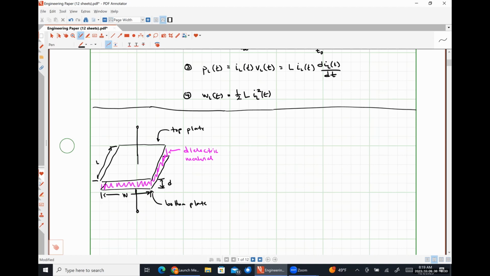So let's talk a little bit about how capacitors work, because this isn't super obvious, okay? This is a circuit element, and so we expect to see some relationship between the voltage and the current, okay? Now, the most obvious question that you may be asking is, how can there be a current flowing in